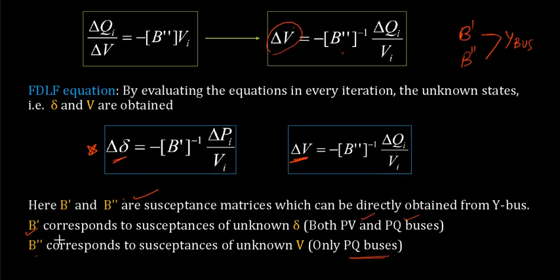So in that way you have to obtain the B dash and B double dash from the Y bus, and once you obtain that, you can easily invert them. These are all numerical values, can be inverted, and you can easily find the unknown variables delta delta as well as delta V, and then later we can find the latest value of the variable after this iteration process. So this is the entire process that you need to follow in the case of the fast decoupled load flow method.